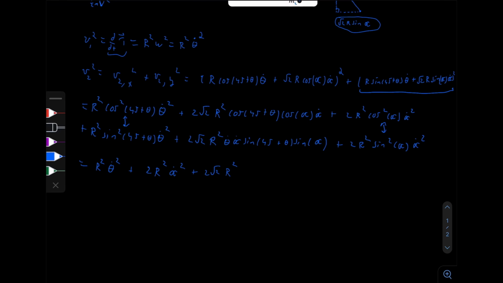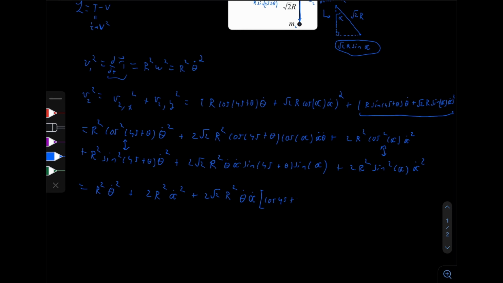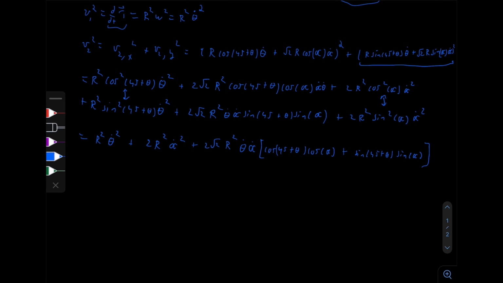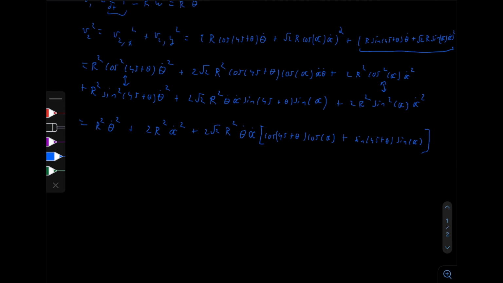Am I missing something? Hold on. Oh dear, this is theta dot. Yeah, okay, so these should be good. So we can also factor out like terms here: theta dot alpha dot, cosine of 45 plus theta times cosine of alpha plus sine of 45 plus theta sine of alpha. So this just screams out trig